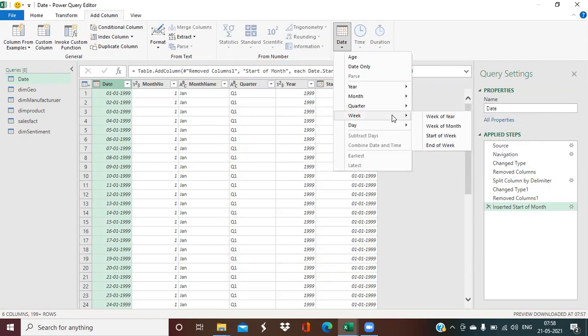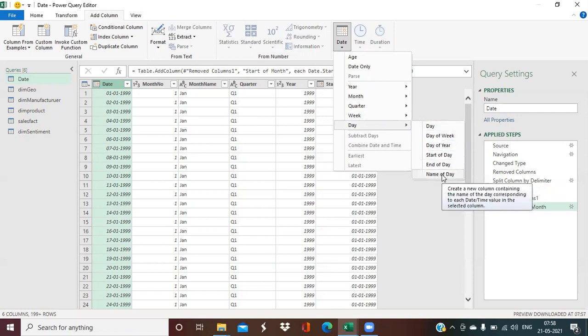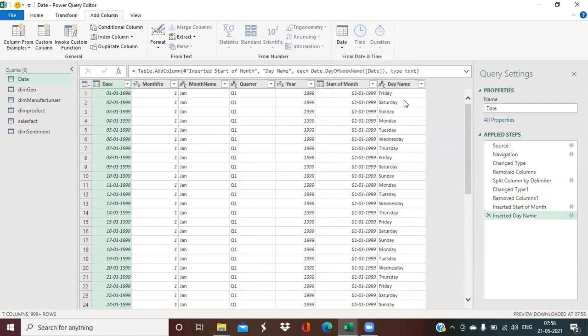Week information, if you want to see it week wise, you can get the week wise information as well. And sometimes we need to do analysis at day wise. So what we need is name of the day. We'll discuss in more detail these descriptions in a coming video. But here I'm giving a small demo so we can get the name of the day as well if required. Okay, you can add these columns. Yes, definitely I want this column here. So I have added it right now.